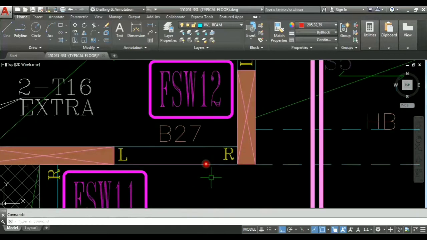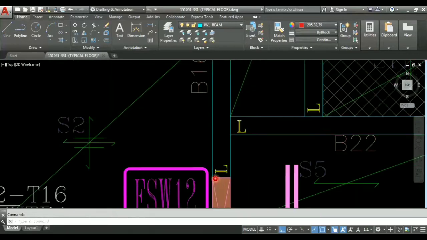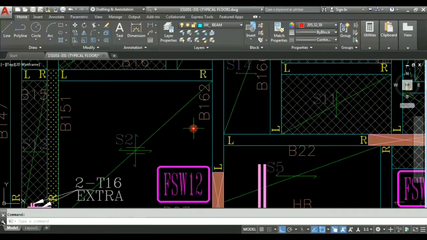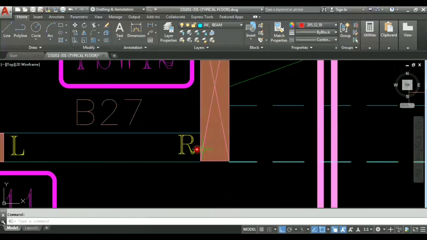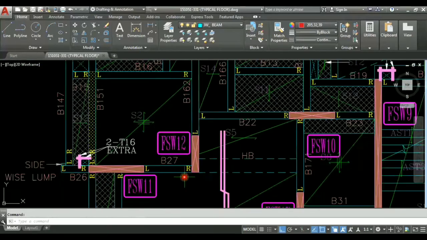So we can see that beam 27 is coinciding with the edge of FSW12 and it is resting perpendicularly on it. So we can't reduce this edge of the column. We have to reduce this edge of the column on which beam 162 is resting. And the reason is also quite obvious: if we reduce this edge of the column, then beam 27 won't rest on FSW12 properly.